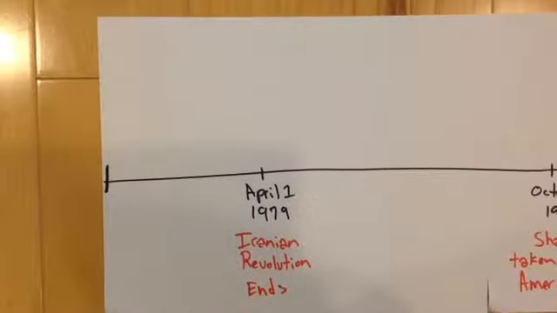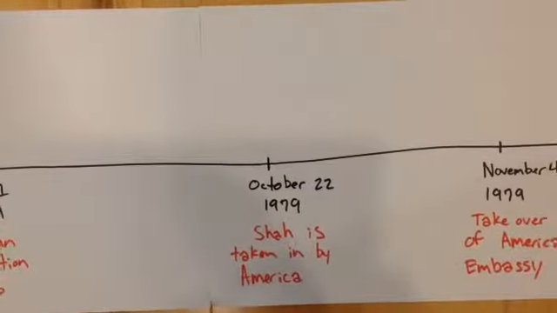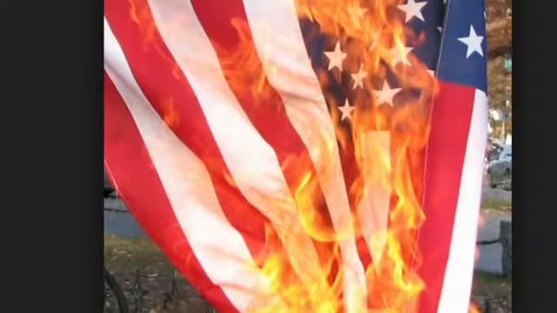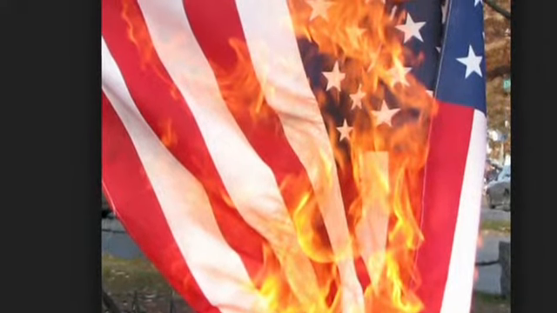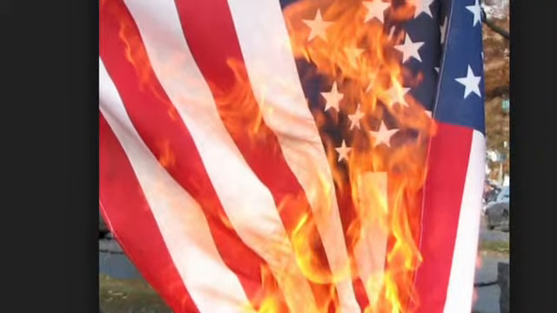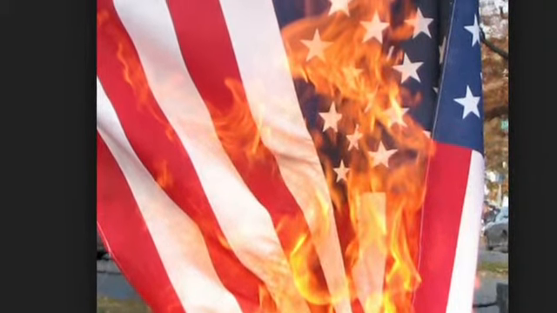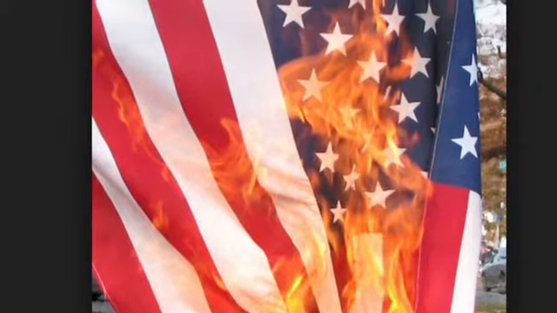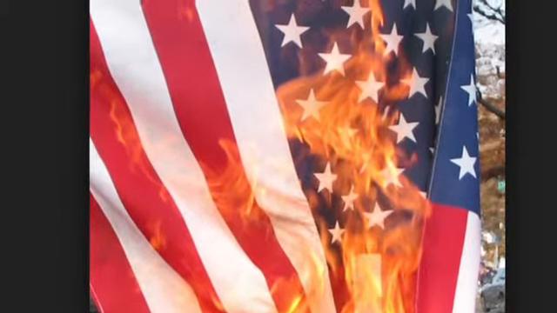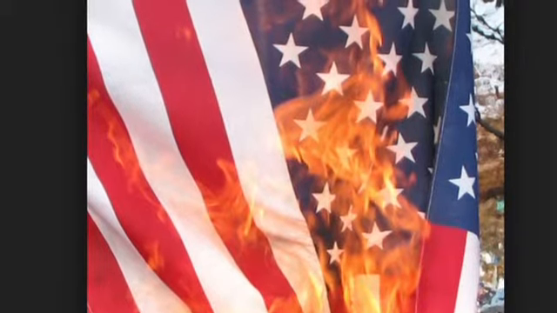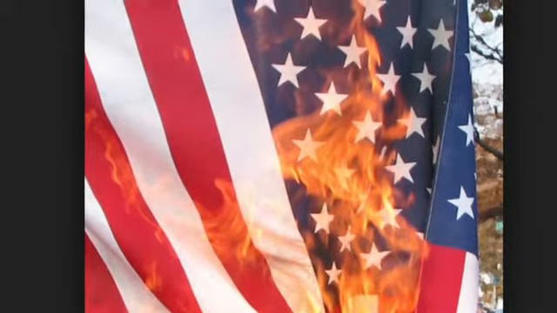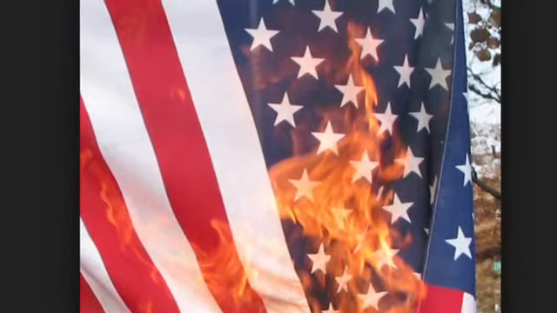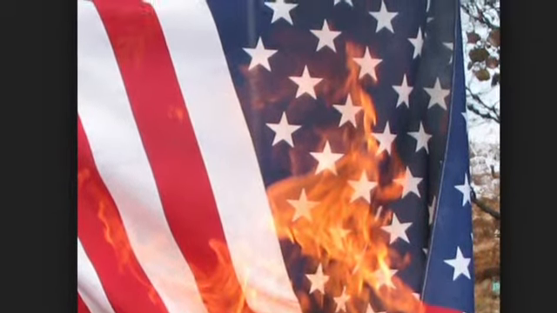The next event of the timeline is the entry of the Shah into medical facilities in New York on October 22, 1979. This sparked a large reaction in the Iranian people as a result of their belief that the U.S. had a secret agenda of trying to get him back into office, an agenda of which they did not approve. There were large riots both in America and in Iran. In Iran, there was camera coverage of burning of American flags and rejecting the Shah's ideas of a Western lifestyle.